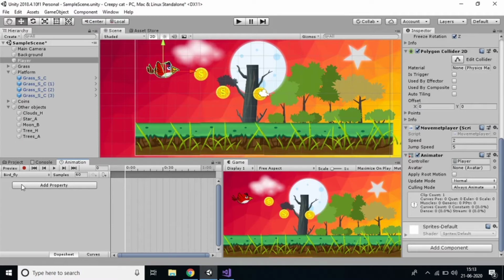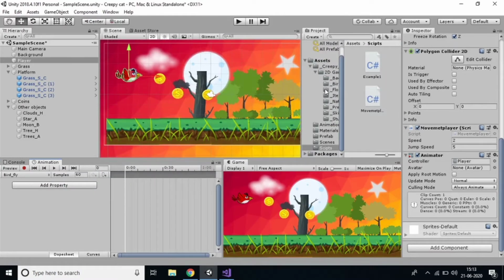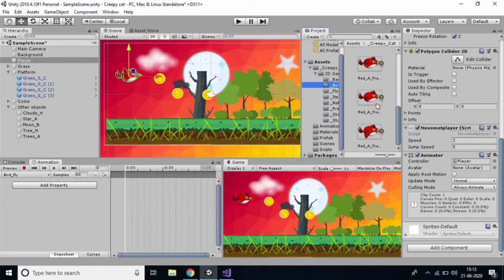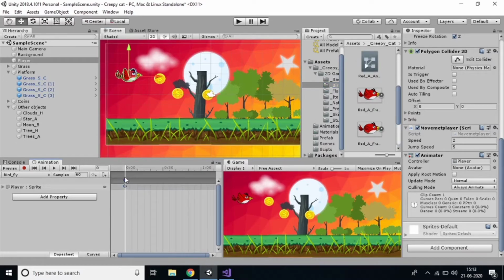So just add property, and keep the project window here for some time, because we have to drag and drop. Keep the bird, and first of all the bird feather should be like this, after this like this. So drag here and you can find the dots.